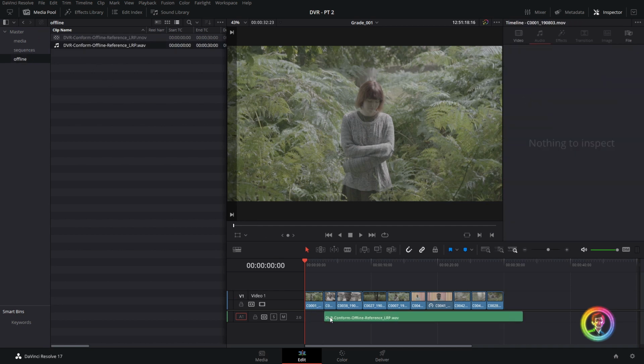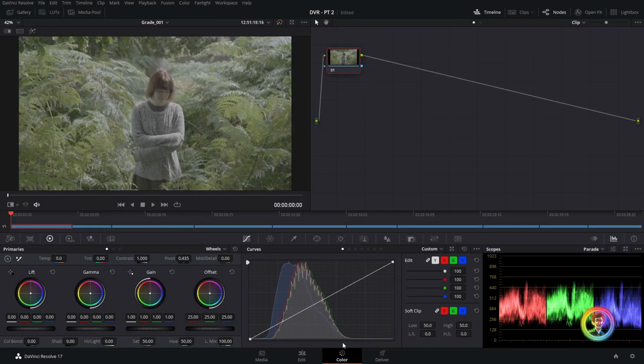into the sequence. Before we get into the most important thing, which is our sync check, we're just going to quickly jump to the color tab to make sure that our color space is sitting roughly in the right place. I like to do this before the sync check because it enables me to flag any big color issues while I'm doing my sync check. So to set our color